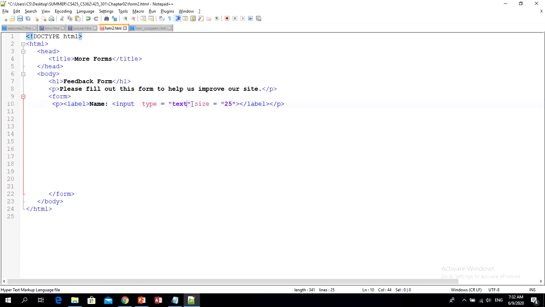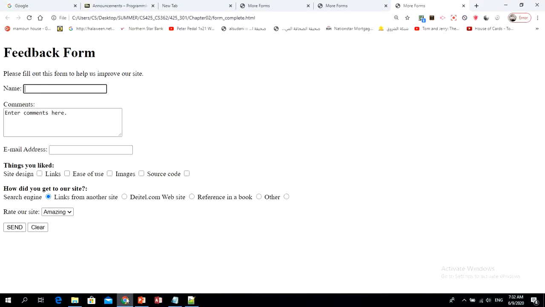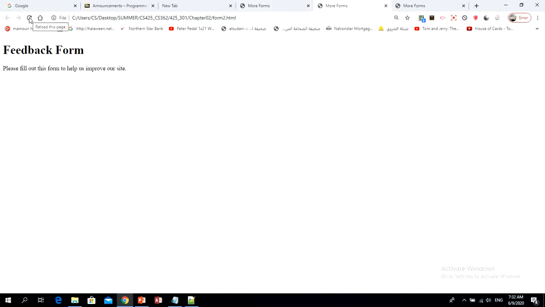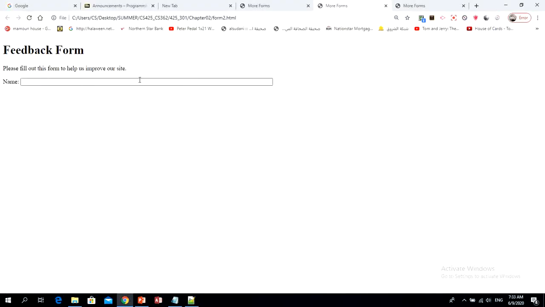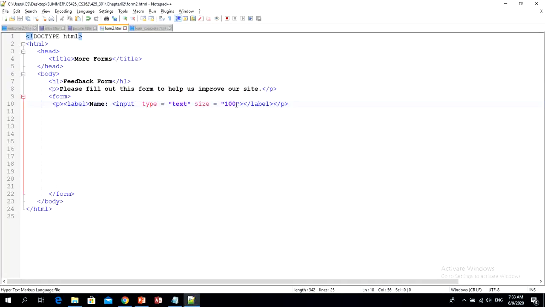Type equal text between quotation marks, and then you decide on the size. The size, for example, is 25 pixels or 20 pixels or 30 pixels. So this will affect this size. For example, if I refresh this one, you will see this one here, it is 25. The more you increase it, for example, if you make it 100 pixels, it will look like this. It's just too much for a name, so you make it reasonable. So I'm going to take it back to 25